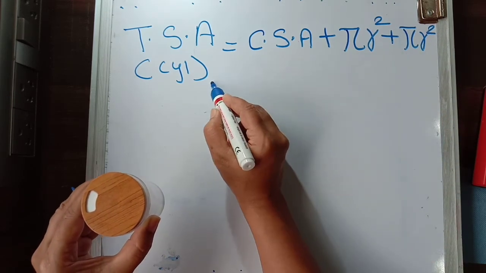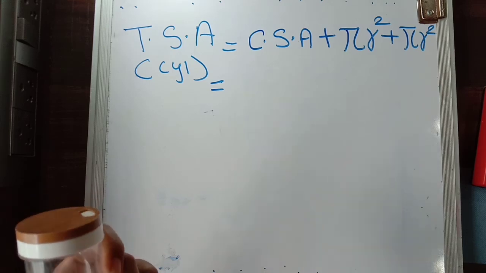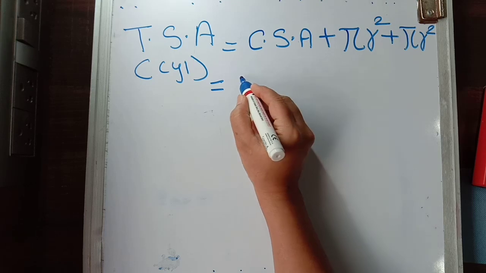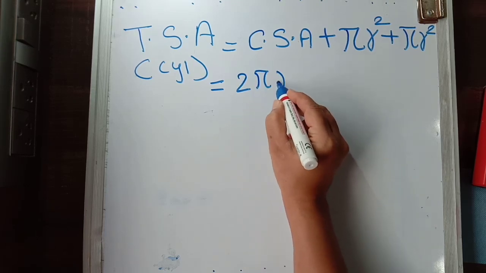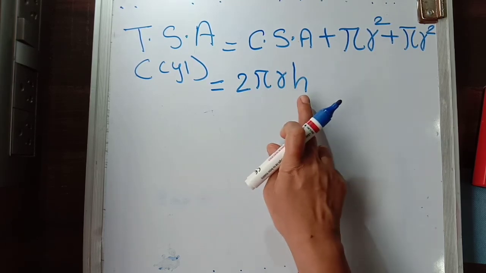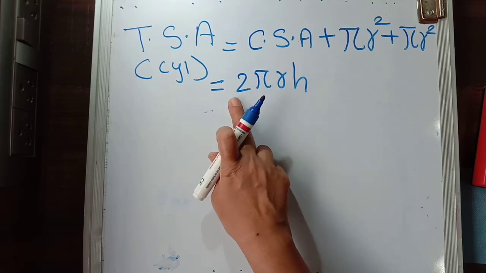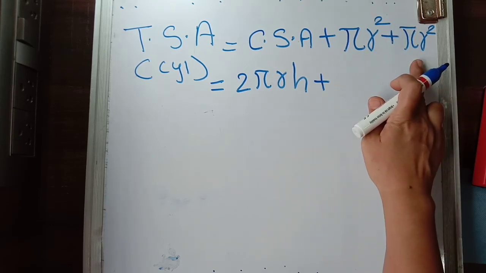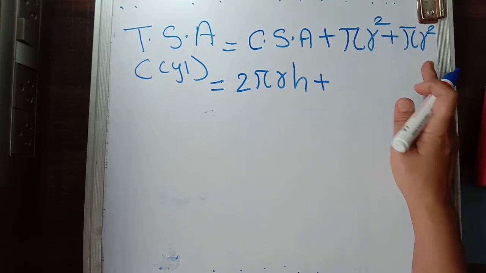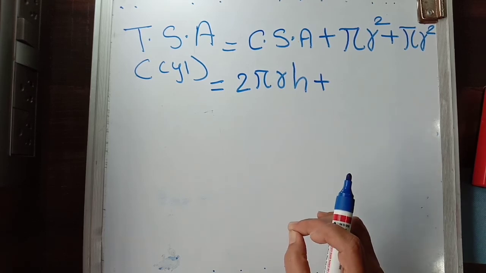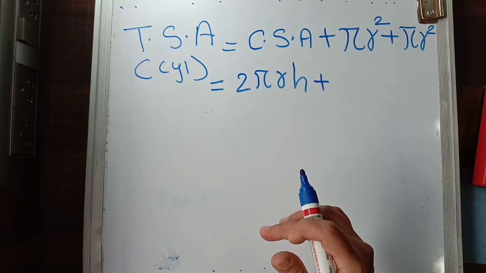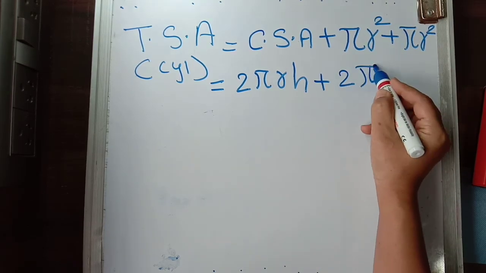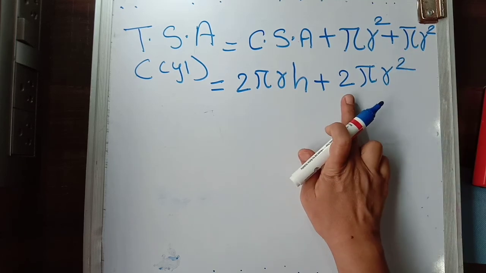So what do we have? First of all, the curved surface area, which we have just seen. What is the formula to find curved surface area? It is 2 pi r h. This is circumference into height. No need to learn, you remember it like this: circumference and height. Plus pi r square is coming twice. Mind well, in case of a cylinder, the upper diameter and downward diameter of the circles formed up and below are both the same. So you have 2 pi r square, pi r square we are getting 2 times.